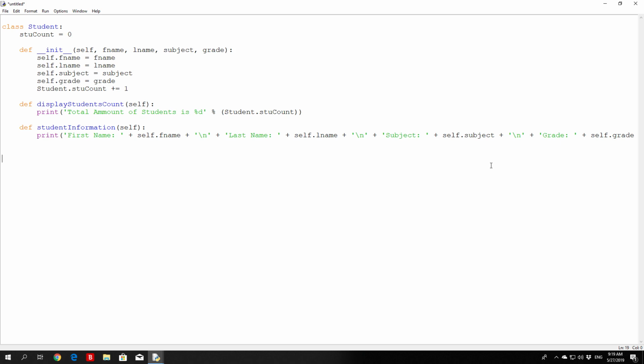Therefore, as I said before, all we have to do right now is prompt the user for the available options to add to this class. So right here, we can enter the while true loop. The reason we are entering the while true loop is because we want to run this indefinitely until the user specifies that they no longer want to use this program. And how we can do that, let me just show you, we can simply write right here